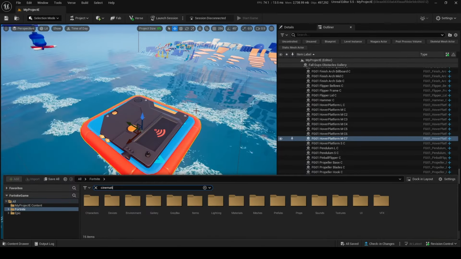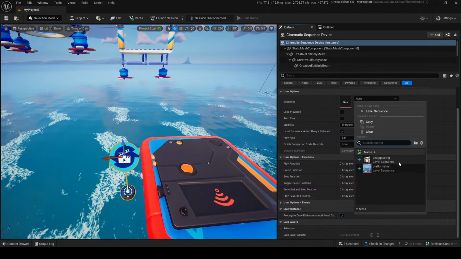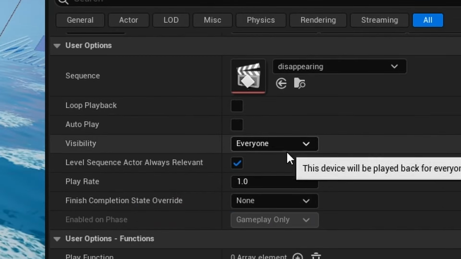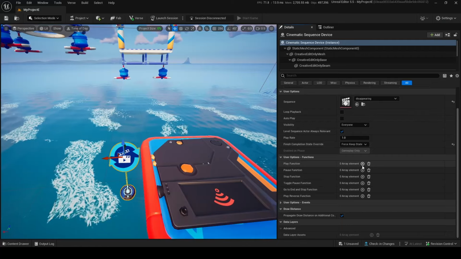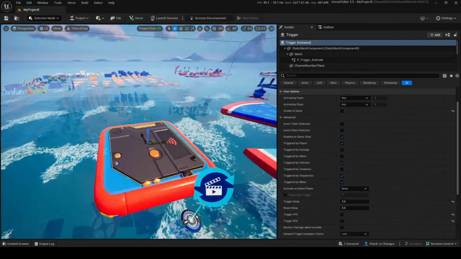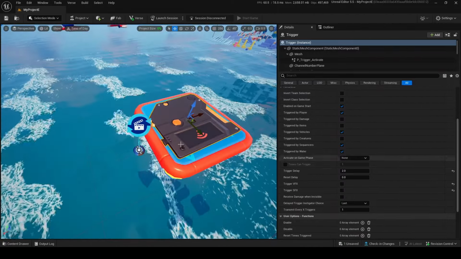Now to play this, you need to grab another cinematic sequence device. Bring it out, go into sequence, go into disappearing, and then you want to add no playback and no autoplay, and you want to keep state. And you want to play the function when the trigger is triggered. So now if somebody hits this trigger by jumping onto the platform, 2 seconds afterwards, because there's trigger delay,